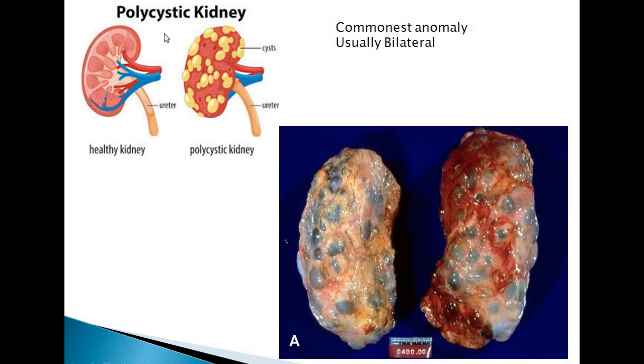The polycystic kidney is the most common anomaly. It may be bilateral. The polycystic kidney is mainly due to failure of establishing luminal continuity between the secretory and the collecting parts. The glomeruli continue to function and filtrate, which accumulates in the tubules, which undergo cystic enlargement. So these cysts are mainly because of failure of continuity between the secretory part and the collecting part. As all of you know, the kidney develops from two parts, so failure of continuity of those two parts will lead to cyst formation, and these are the cysts present all over the kidney, and this is the most common condition, which is bilateral.